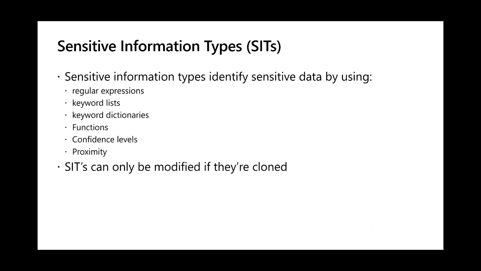Examples of our built-in SITs include passport information, credit card information, social security numbers, medical records, patient IDs. We have over 300 built-in SITs, and this is going to extend and be leveraged in all of these solutions that are tied back into the Microsoft Information Protection Platform, including our DLP policies, retention labels, sensitivity labels, going all the way into other solutions in Purview like insider risk management,